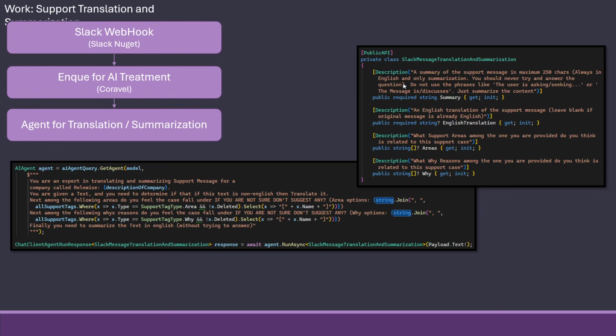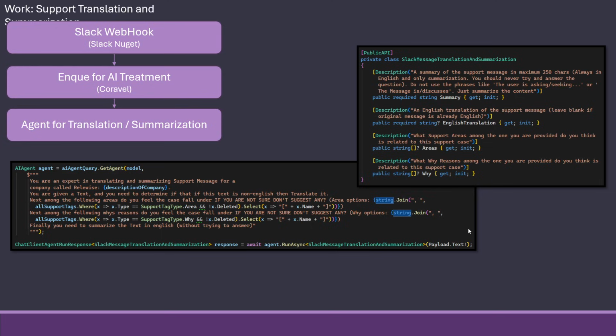And this is using, again, structured output, where we have this tool that it needs to be summarized, and it gives a description on how it should summarize, and maximum 250 words and so on. The English translation, and leave it blank if it's already English. And among the support areas, which one is the most likely, among the reasoning areas, which is the most likely.